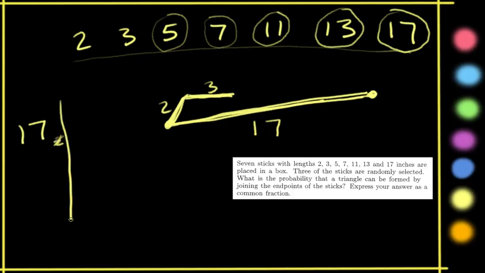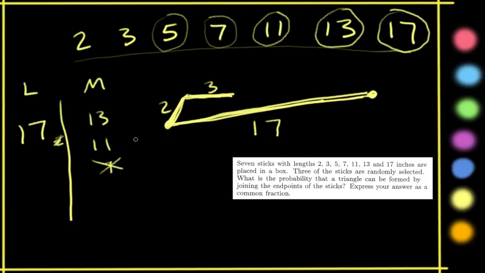Let's put the largest here, and then we'll put the medium one here. The medium one could be 13, or it could be 11, or it could be 7, and so on. If the medium one is 7 or smaller, you're not going to be able to get something that adds up to more than 17, so we don't need to consider that one. If it's 11,